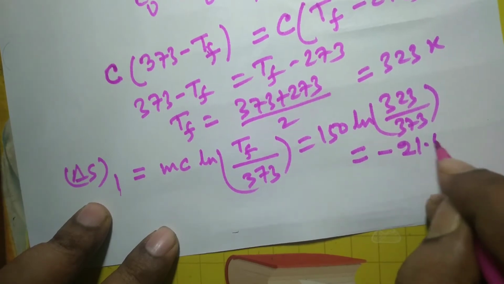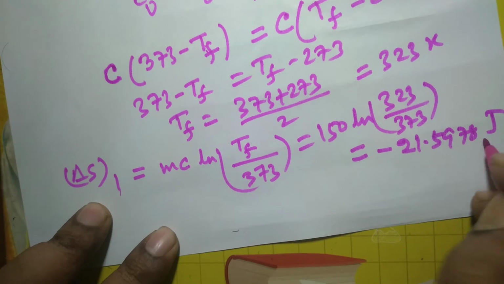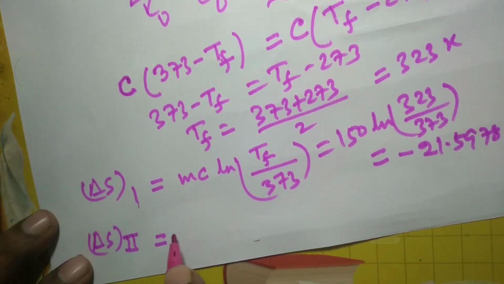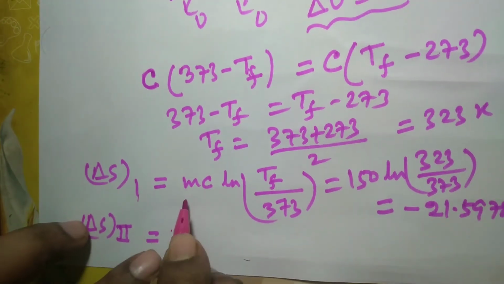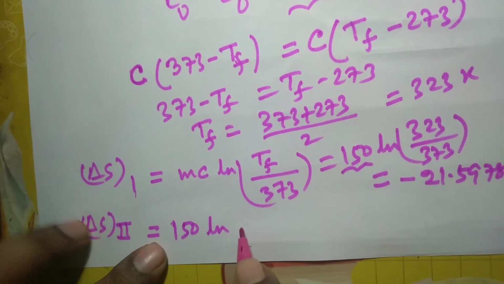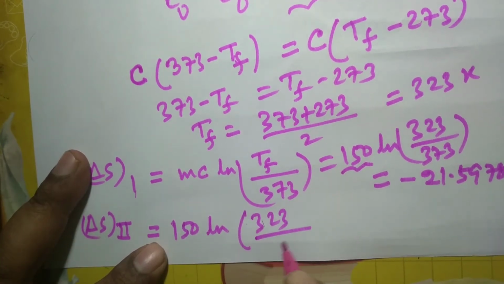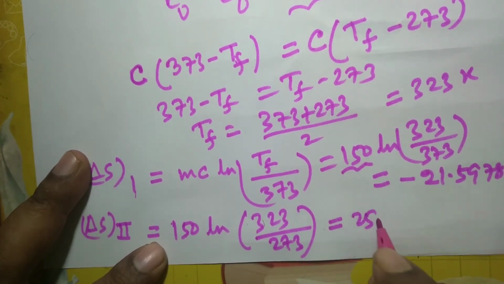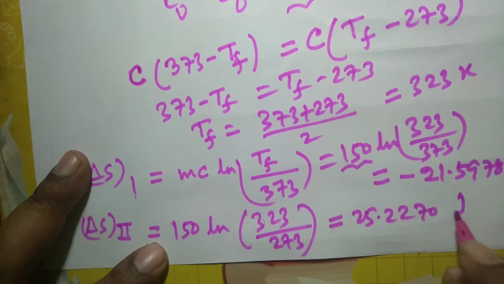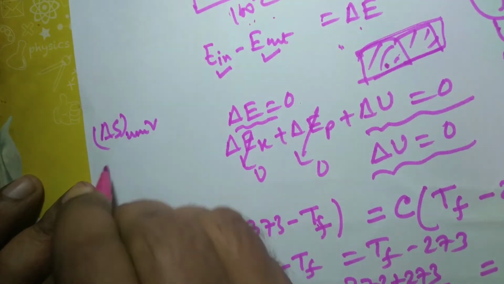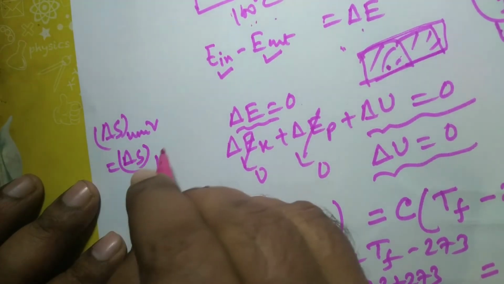minus 21.5978 joule per Kelvin. For the second block, delta S2 is equal to 150, because the capital C is the same for both the cases, 150 ln Tf, that is 323, and the initial temperature is 273. This will come out positive, and this is 25.2270 joule per Kelvin. And delta S universe is equal to delta S of the first copper block plus delta